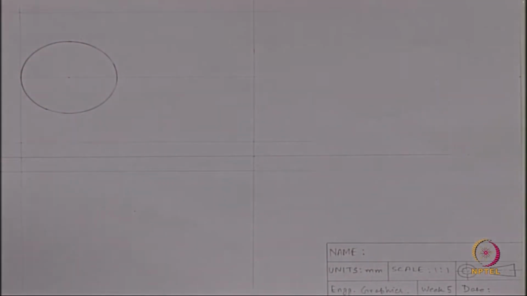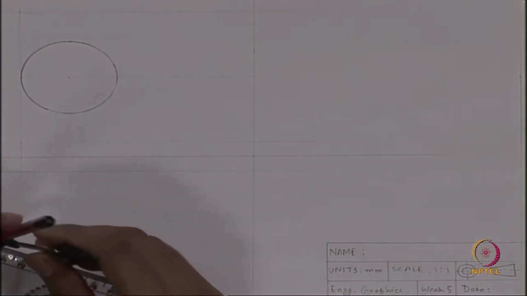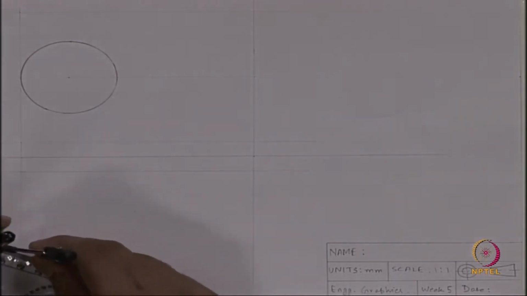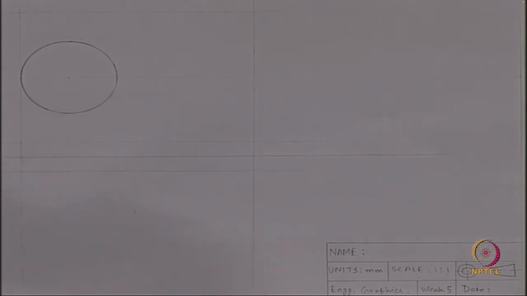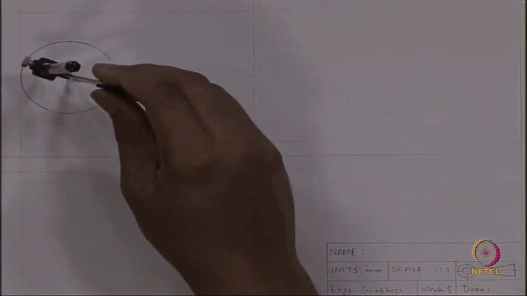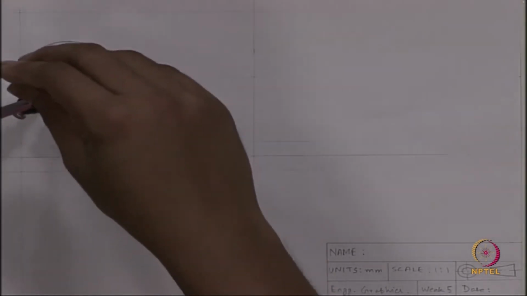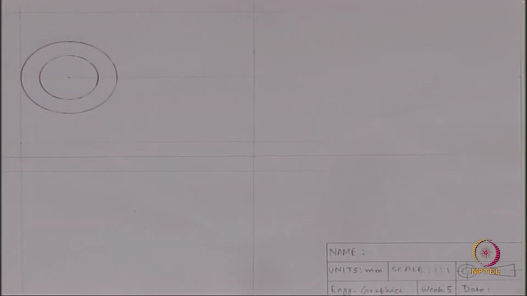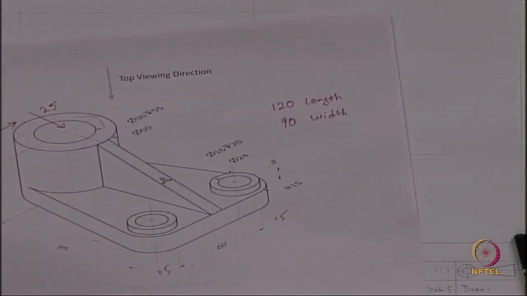So, the bigger circle we have drawn, the smaller circle has a dia of 30, that means a radius of 15 we have to choose. We have drawn both the circles. Now, the next part is